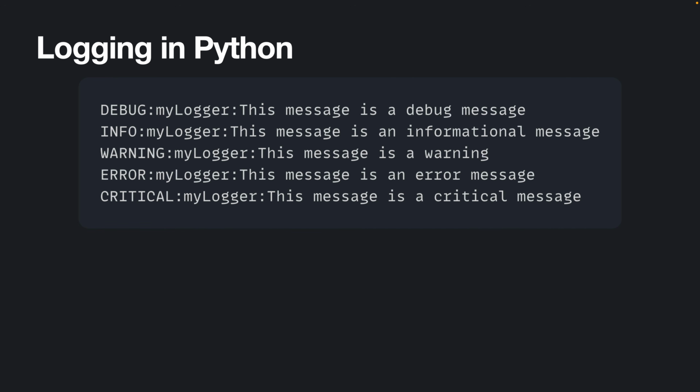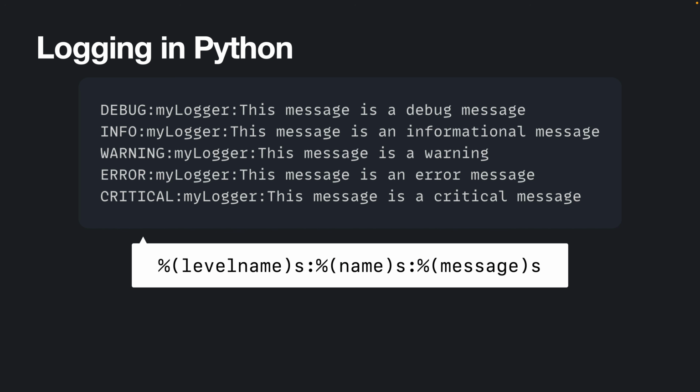So this is what the logs look like, as I mentioned earlier. And when you want to display log messages using a formatter, the formatter has access to certain variables that are defined within each log record. A log record is the object that gets created when you actually schedule a log for output by the logger. So the logger creates a log record, then the handler uses the formatter to display it, and at that point the formatter has access to certain variables stored within the log record. These are these variables here.